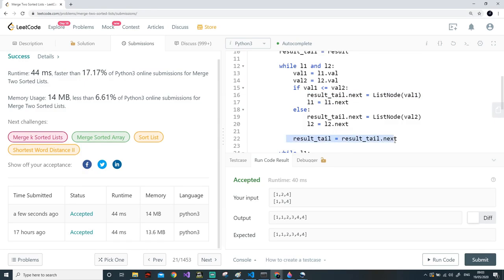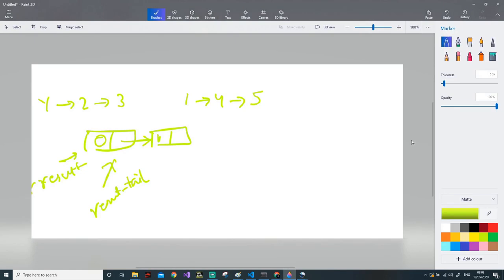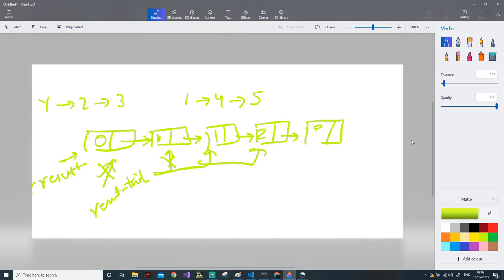Then in the next step, I am saying no, you shouldn't point to this, now result tail will point to this. Similarly, as we go on, I am continuously doing this, then 2 here, and result tail will point to this. Now we have an output list, which will become 3, then 4, then 5, and result tail will point to this element.